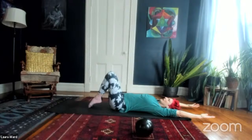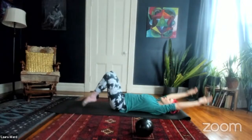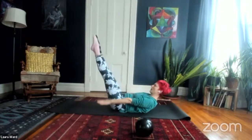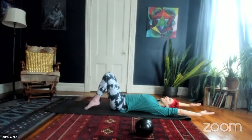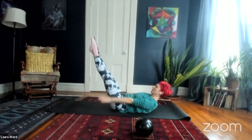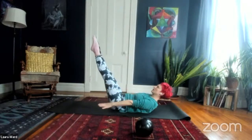Arms over your head, legs down, coming up, pulsing 1, 2, 3, 4, 5. Toes to the floor. Roll through your foot. Point your toes, coming up. 2, 3, 4, 5. Toes touch down. Roll it down to the floor. Roll it up. 1, 2, 3, 4, 5. Toes touch. Roll it down. Roll it up. 1, 2, 3, 4, 5. Toes touch. Roll it up. 1, 2. Using the muscles of your feet